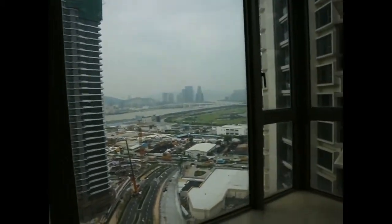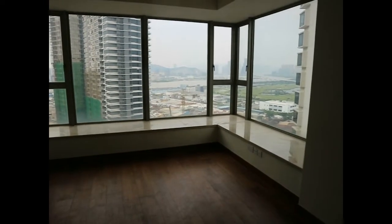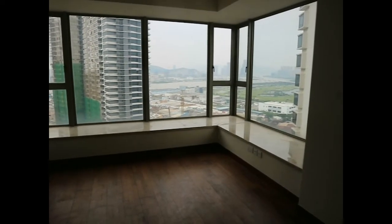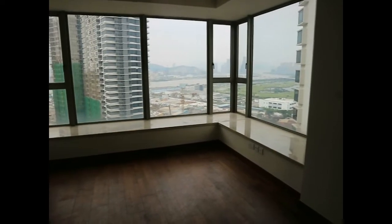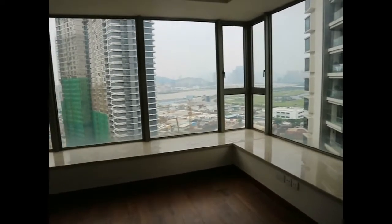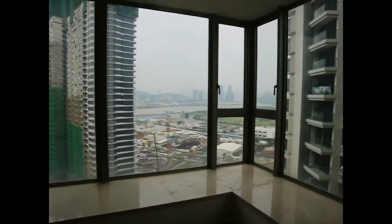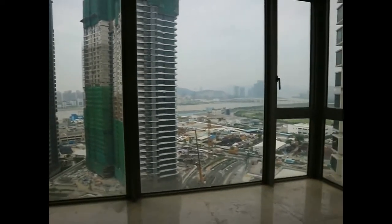It's an amazing view there. So as you can see, it's a really nice unit. It is very nice when it comes to the view. You can see the golf course in the background there, for example. However, myself personally, I really like the natural beauty and the mountain, and to watch those people trekking through the